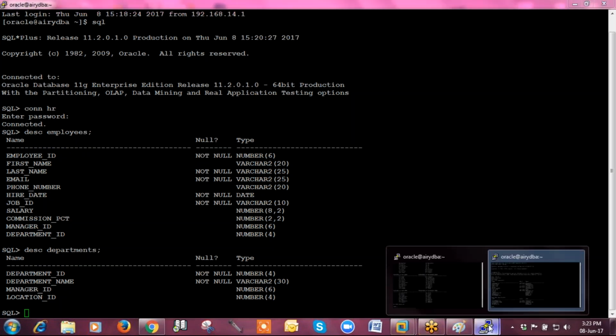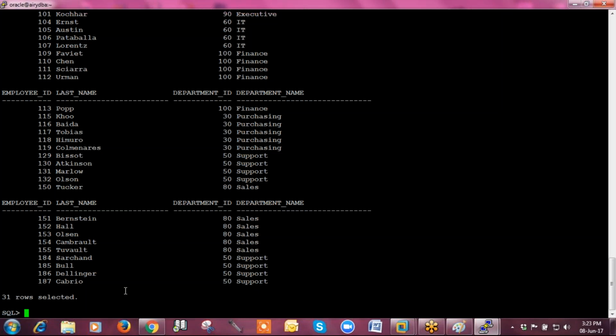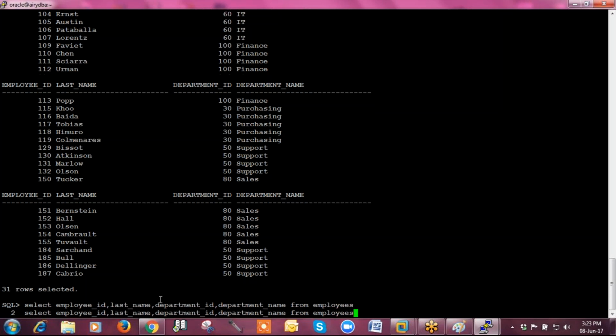So what it means is, when you are using the natural join keyword, it takes the columns with the same name and the same data type from both tables, and takes all those columns as the joining criteria. Got my point? Yep.